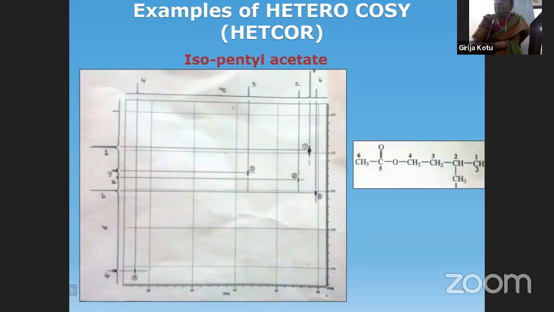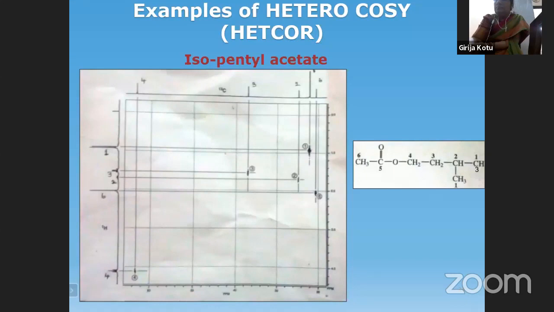So here the order for C13 is, once again, 4, 3, 2, 1, and 6. Whereas in proton, 4, no doubt, is the downmost signal, the OCH2 proton. Next, it is not the third proton but the sixth proton, that is the acetyl proton, CH3CO. The acetyl proton is downfield compared to the other ones. It is seen as a singlet because it has no neighborhood. There are no protons on the carbonyl, so it will not couple. So the sixth proton on the y-axis is just a singlet.